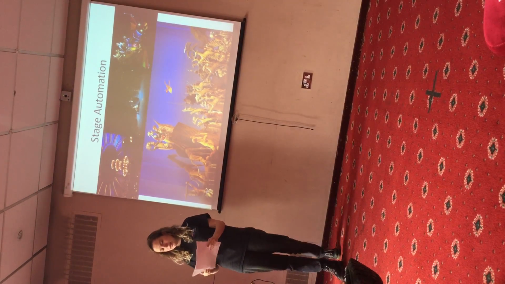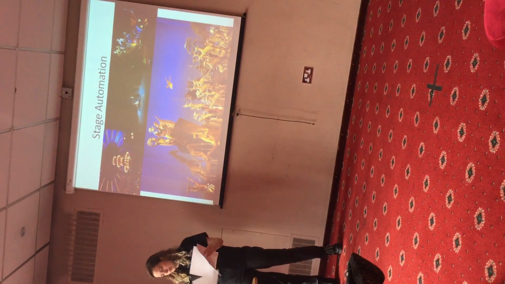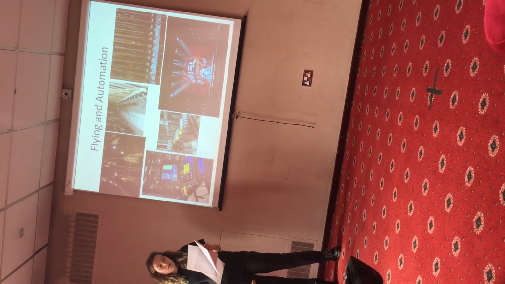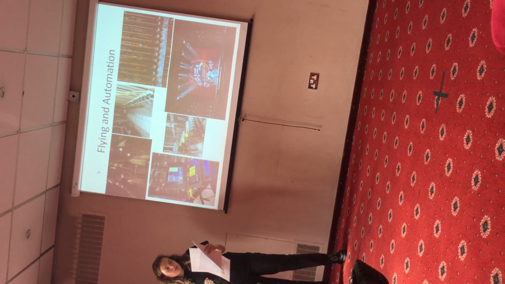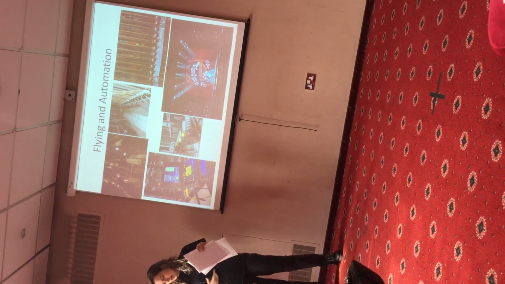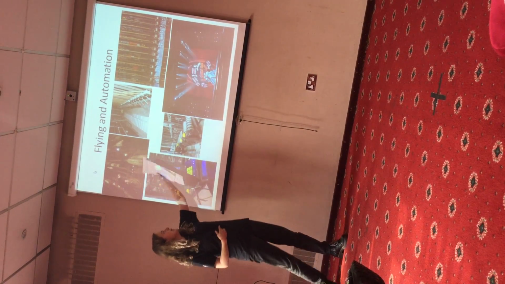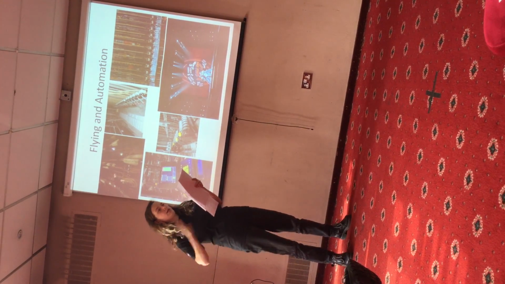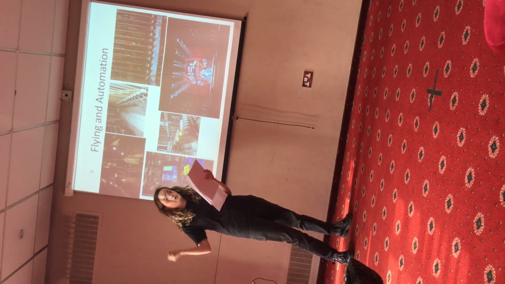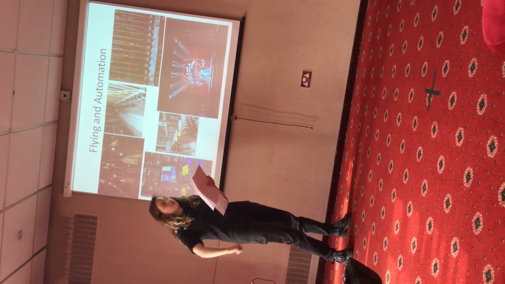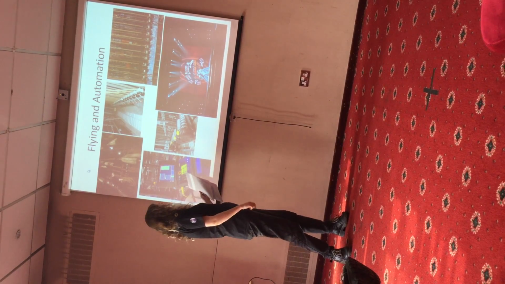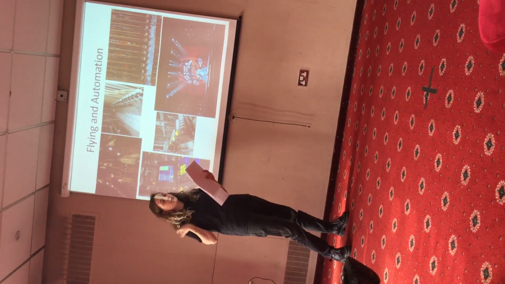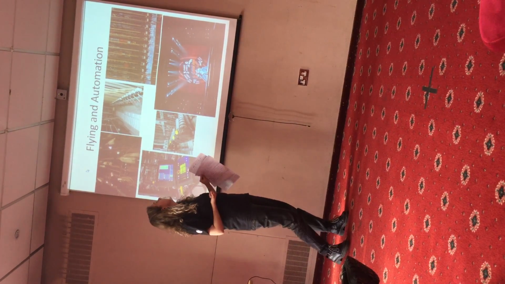And I think this leads on, I've mentioned a bit, to automated flying. So flying, we've got a lot of different types of flying out there. So you've got penthouses, which are like free weight fly rails. So you've got no counterweight, you've got a rope secured to a stage pin, and then sandbags and line locks are used for the counterweight system. But it takes a lot of grunt work to get it